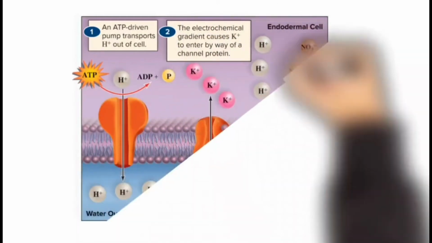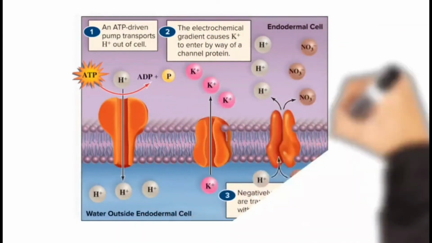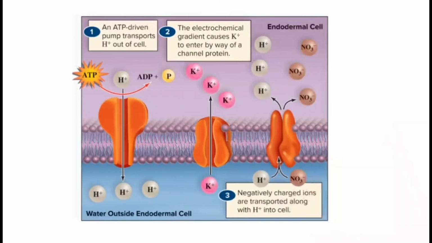Ions cannot cross the plasma membrane because they are polar molecules. Plant cells expend energy to actively take up and concentrate mineral ions. Firstly, a proton pump hydrolyzes ATP and uses the energy to transport hydrogen ions out of the cell. After that, an electrochemical gradient that's derived drives positively charged ions such as potassium ions through the channel protein into the